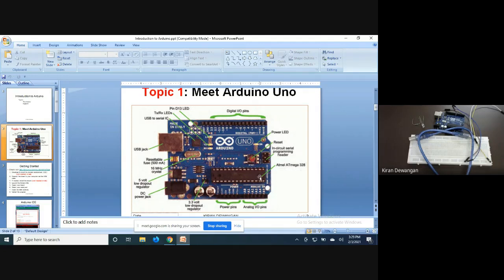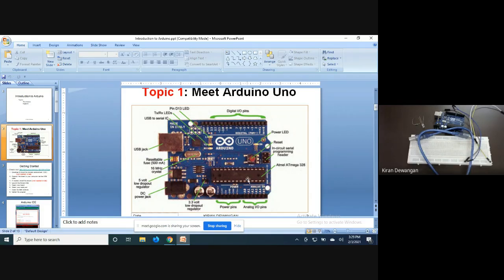Then the basic important thing about the Arduino is this one, an Atmega 328 controller. Now we need to have one controller because Arduino is nothing but a controller board. The controller comes along with everything, all other stuff, that is input output pins, the USB ports, and the other ports as well.